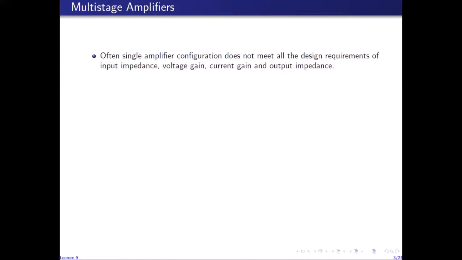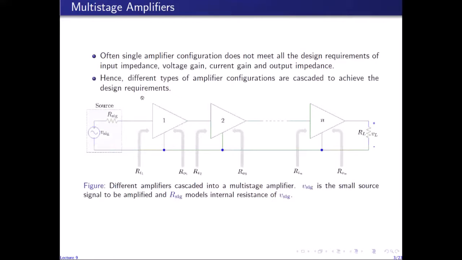So we can see that single stage amplifier configurations do not meet the design requirements of all of the small signal parameters collectively and simultaneously. So instead, what we do is we connect different single stage amplifier configurations in a cascade structure and obtain a multi-stage amplifier, as shown here in this diagram. The individual stages are designed to serve specific purposes. For example, this first stage, which is also called the input stage, is designed to offer large input